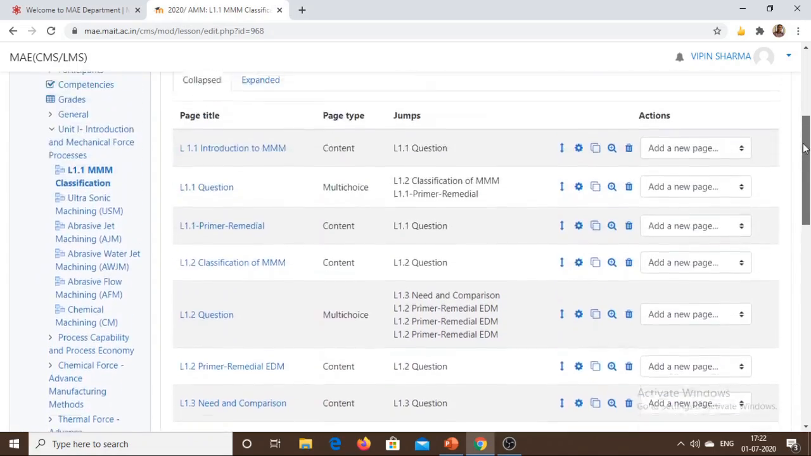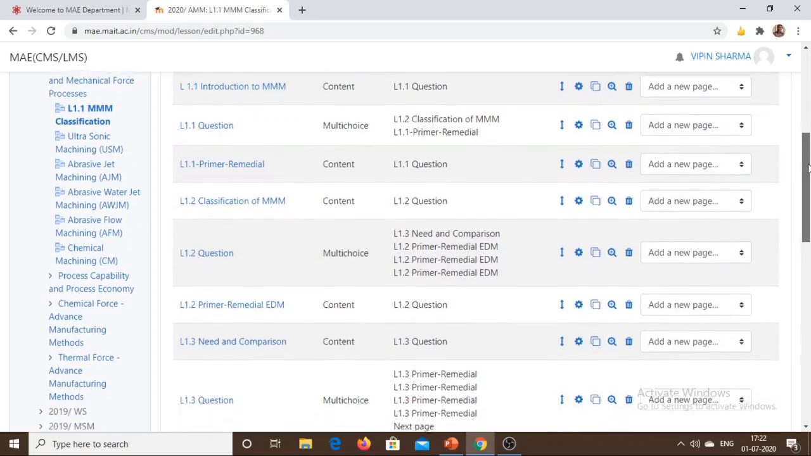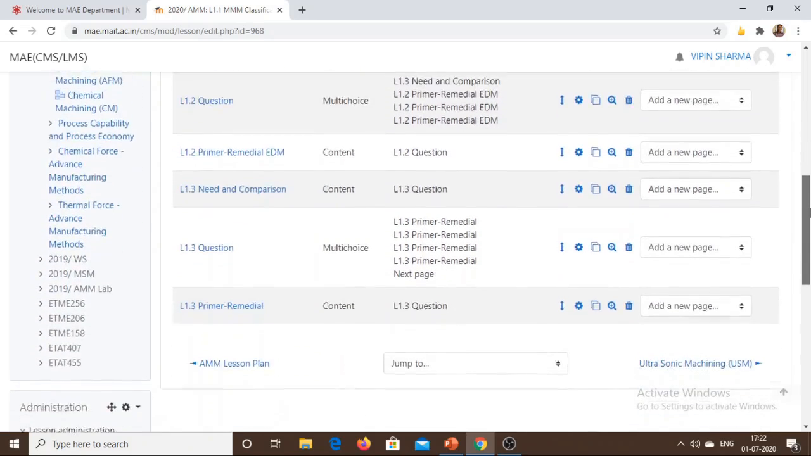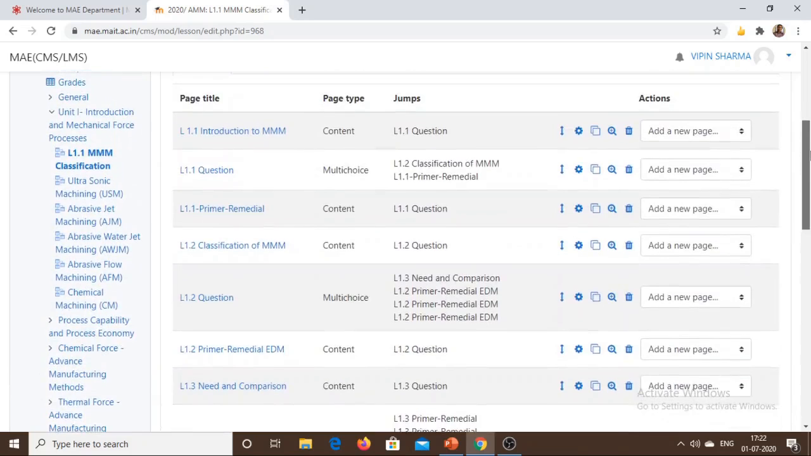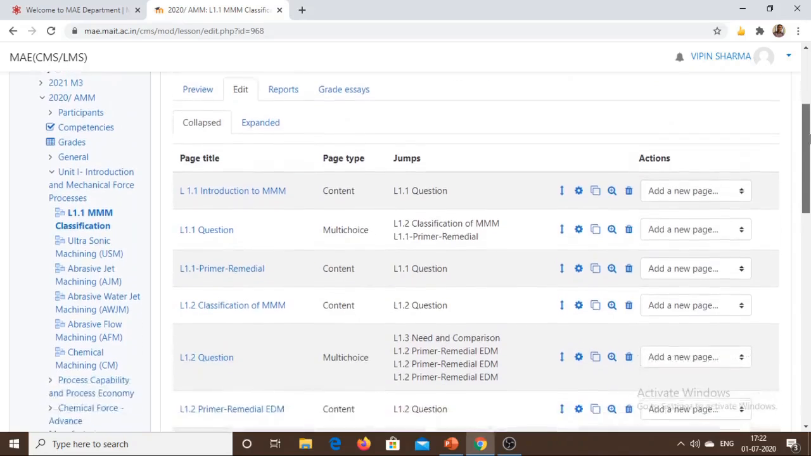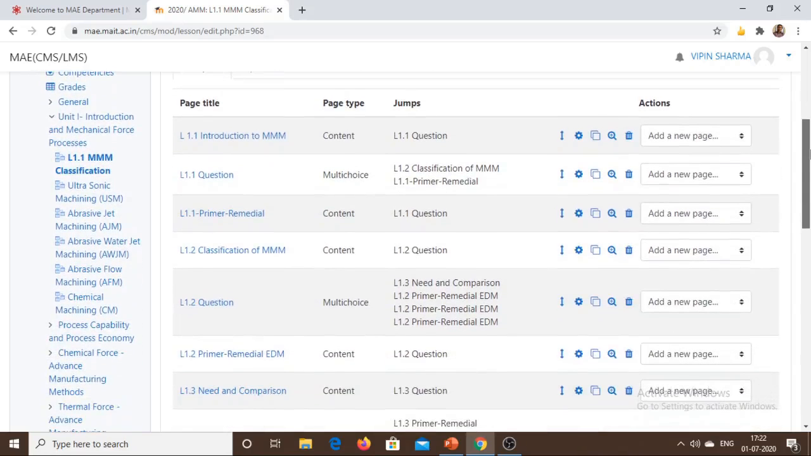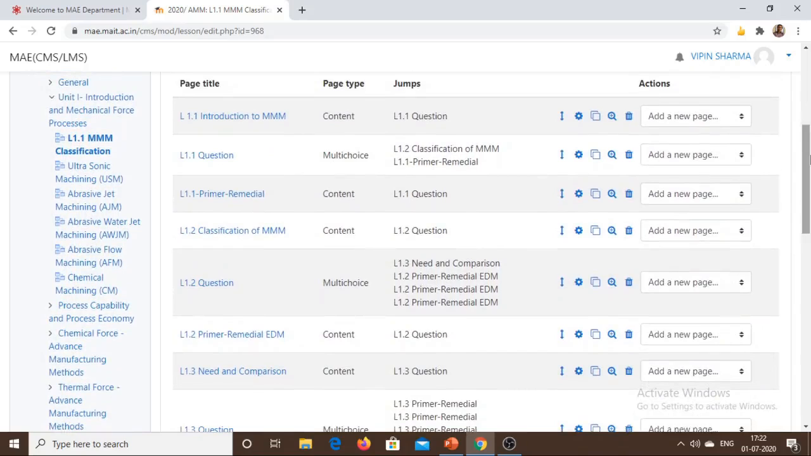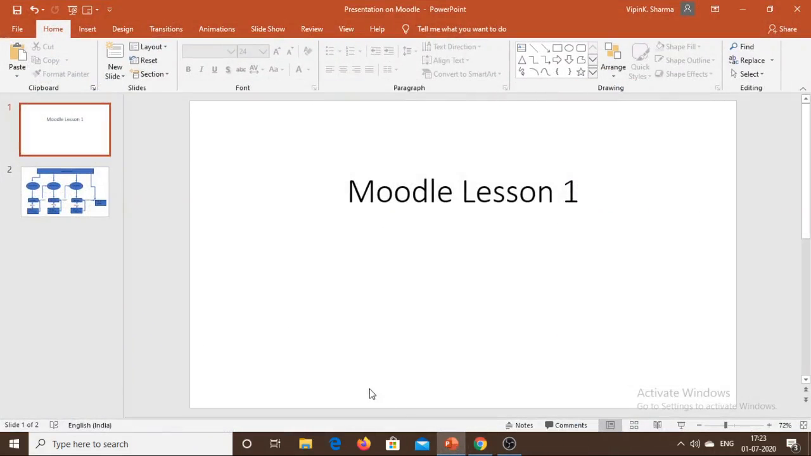Here you can see that I have added some content and some questions to the lesson. Before adding these contents and questions to the lesson, it is advisable to write down the possible contents of the lesson and the possible questions of the lesson on a piece of paper or somewhere else for your ready reference. For this, I have created